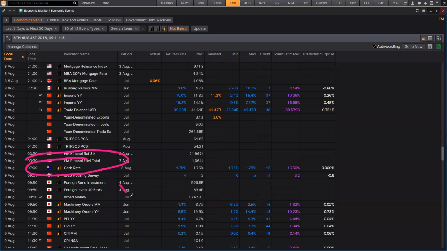And then you come down to the Chinese numbers. This is where it's really going to heat up, because that's where the tariffs are going to hit. They're going to hit the Chinese numbers, and that's where the best trading opportunities, I think, are going to be coming forward in the coming months. This trade balance is going to be a bonza, right? That's what Trump is targeting, and that's going to really blow out, or should blow out for the Chinese.